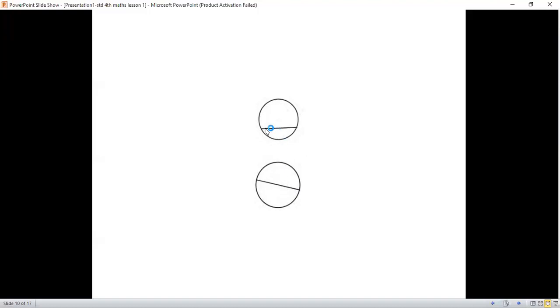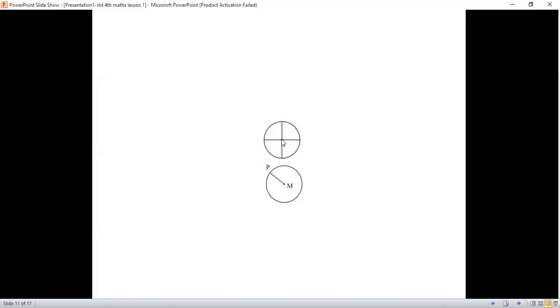And a chord runs through the circle on any part of the circle. It can be at the side of the circle, at the center of the circle, or above the circle, that is, at the north side of the circle to the south side of the circle, or at the center of the circle. So this is the difference between the chord and the diameter. So this is a chord and this is a diameter. A diameter always runs through the center, the middle point of the circle.